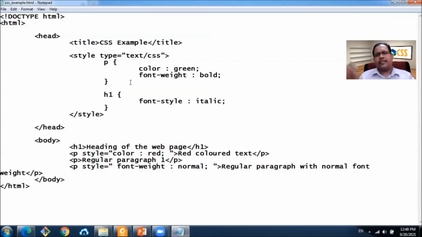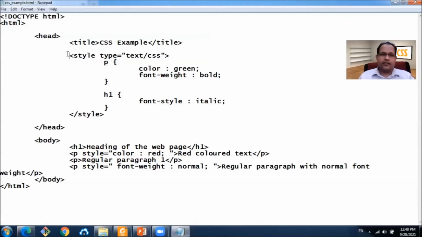But let's say then we decide, okay, we need the font weight of this paragraph to be normal. We don't want bold paragraphs anymore in our web page or in our website across all the pages. So how can we change that particular property of paragraphs?